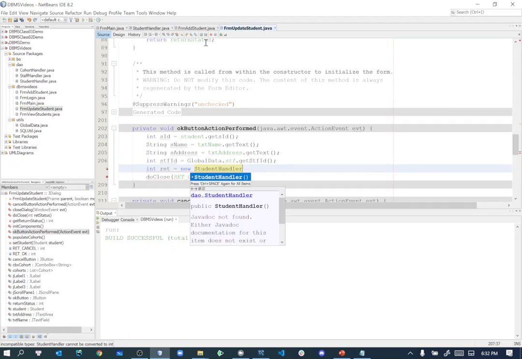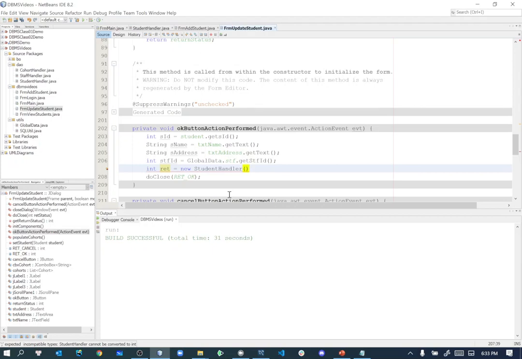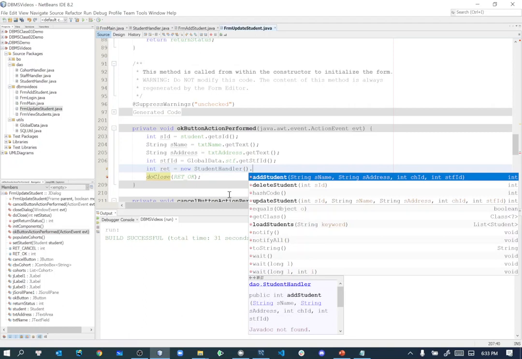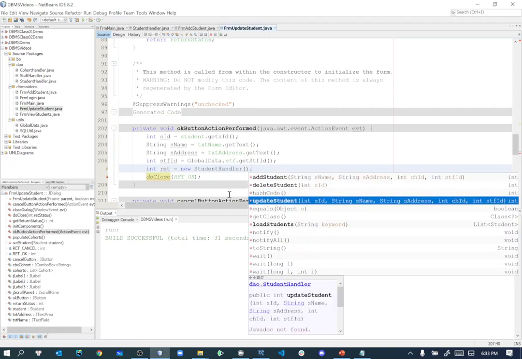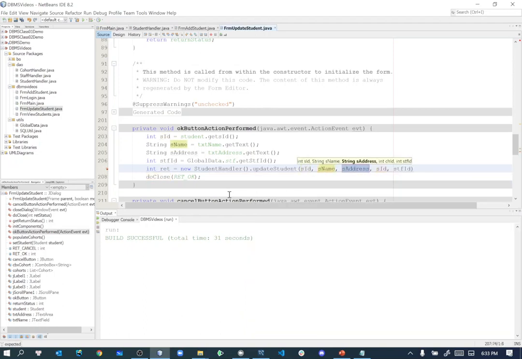There are several ways to do this. You may pass the information back to the form main to perform the update, or you can just update it here by using a new student handler, or from the form view, you send a student handler to this and perform it. But either way would be okay. This one will simply create a new connection to perform the update, then we'll close the connection anyway. So from student handler, we're going to perform the update student, giving student ID, student name, student address,